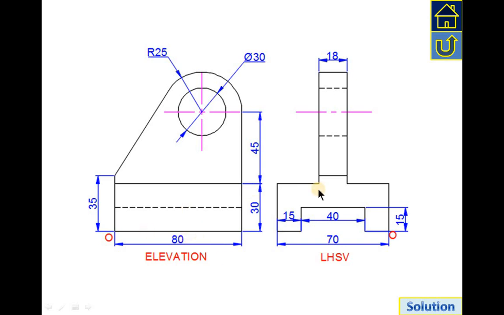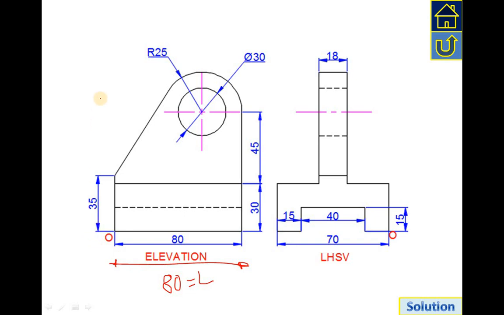The first step is to observe the origin and all the dimensions of different features. So here is the origin. You need to understand this is the location of the origin, and what it means is that from the origin, the object is extending on this side, and that is 80 mm. So I can say 80 mm is the length.